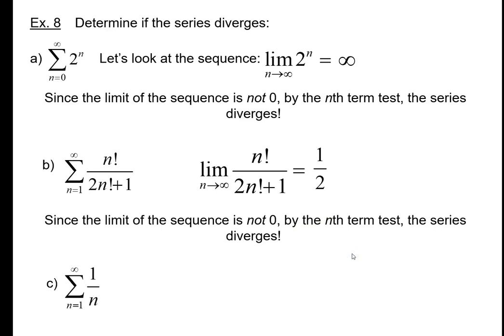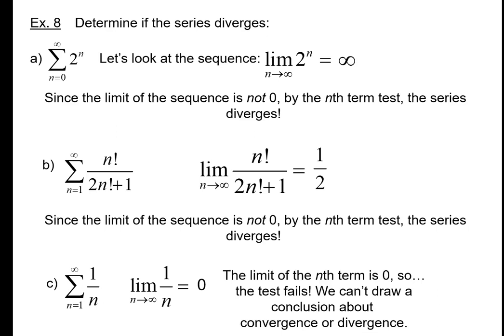Let's try this one. The series of 1 over n as n goes from 1 to infinity. We can try the nth term test here. The limit as n goes to infinity of 1 over n. But what's going to happen here? This limit is going to go to 0. What does that tell us? That doesn't tell us anything. If you take this limit and you happen to get 0, that means the nth term test fails. And that means we can't say whether this